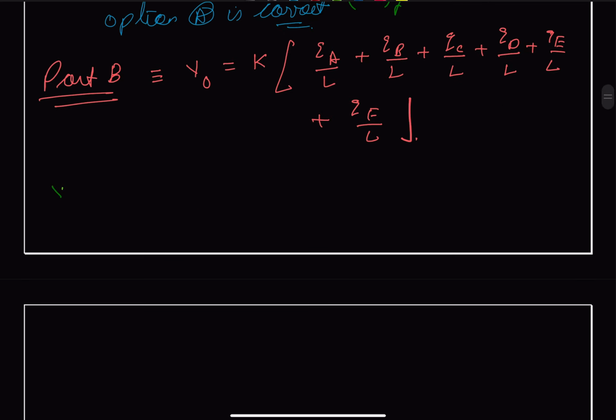We get V0 will be equal to K upon L. Charge on A is plus 2Q,